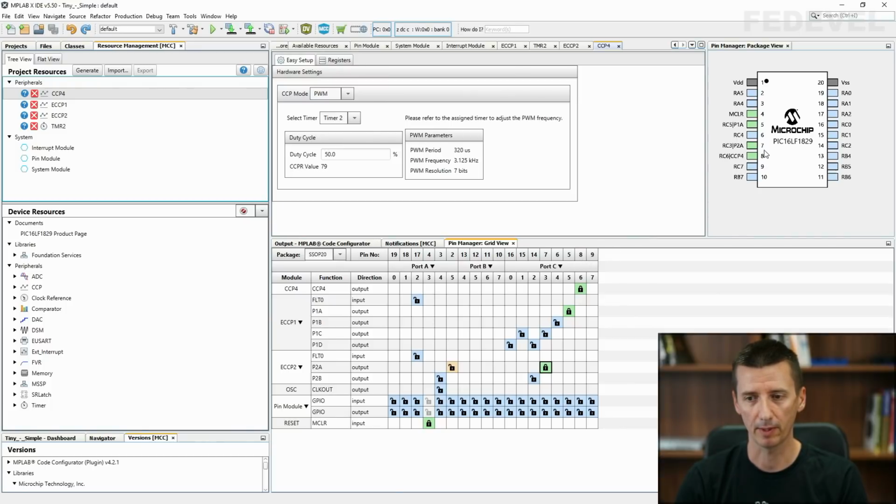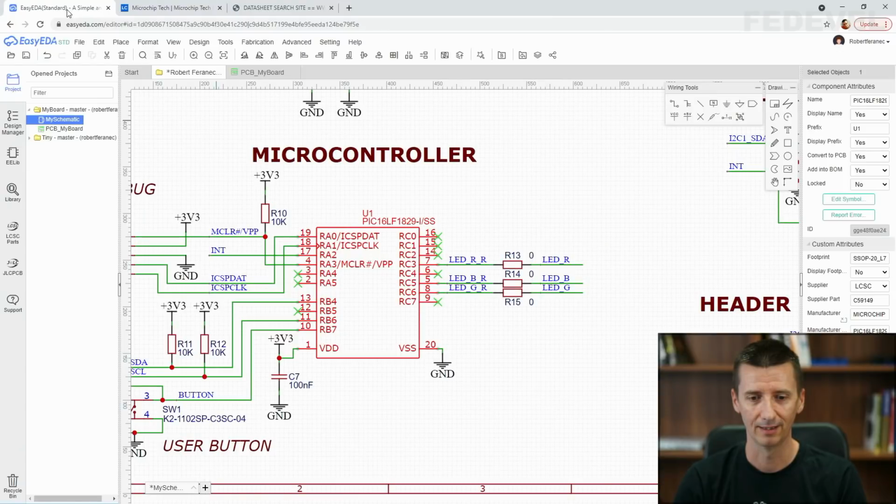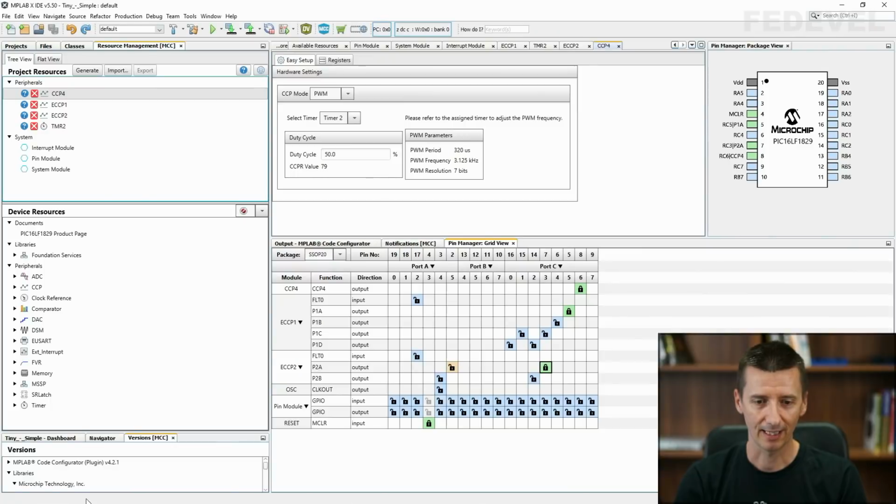Here is pin number 8, or otherwise it is called RC6 pin. So let's go into our schematic and see if it's connected correctly. RC6 pin number 8 is controlling the brightness of the green LED on our board. Perfect. Let's check the other one.